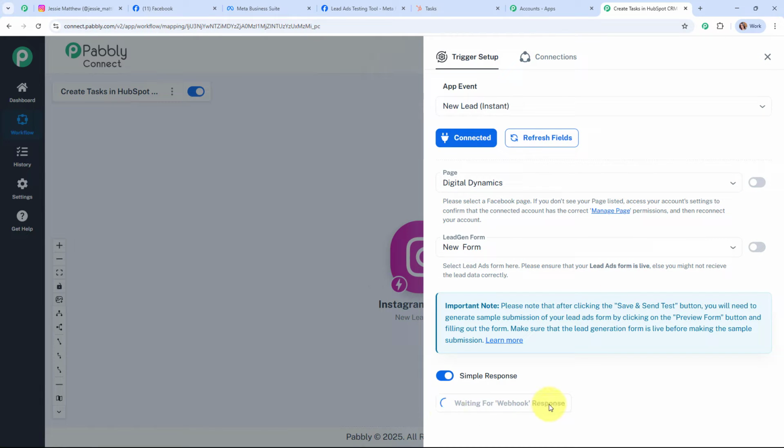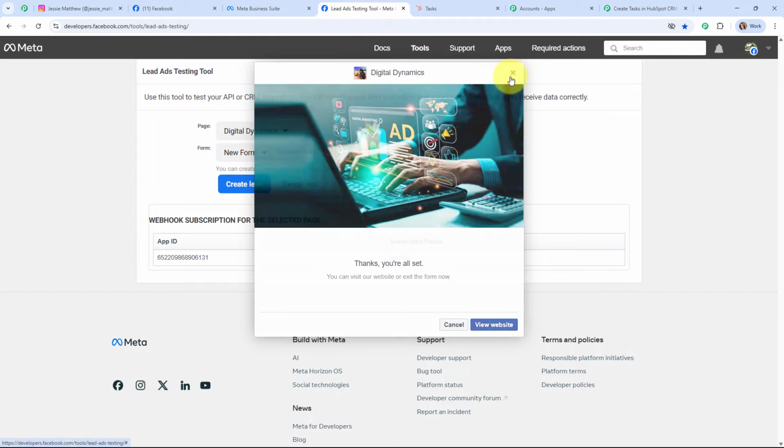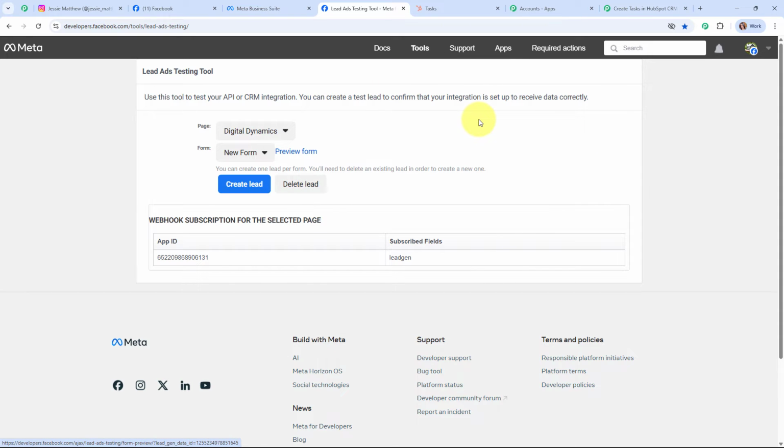And here you can see as it is waiting for webhook response, that means here to receive a webhook response, we need to do a test submission. And to do a test submission, we need to generate a test lead in our Instagram lead ad. So again here to generate the test lead, let me take you back to my lead ads testing tool by Meta. So this is the lead ads testing tool by Meta,